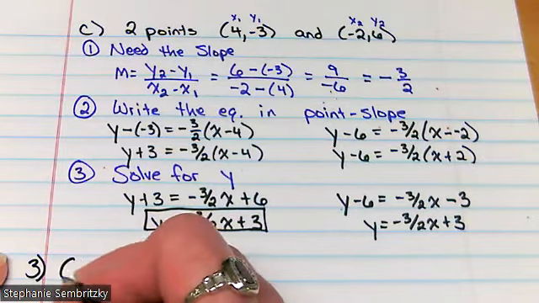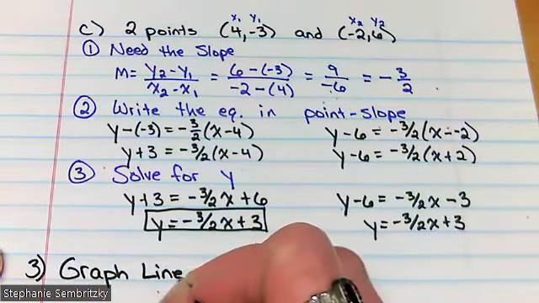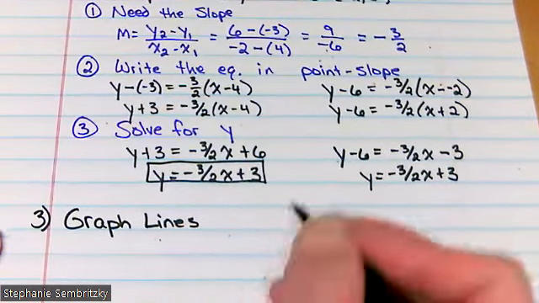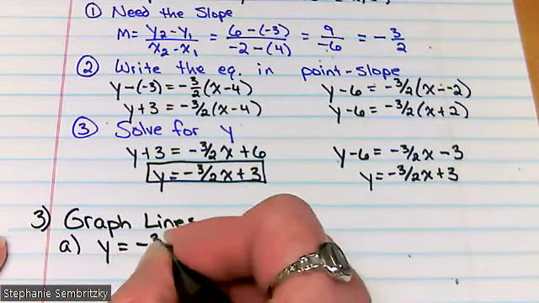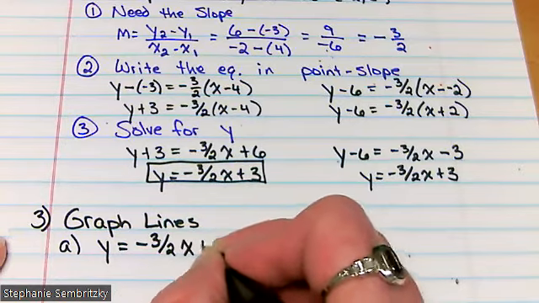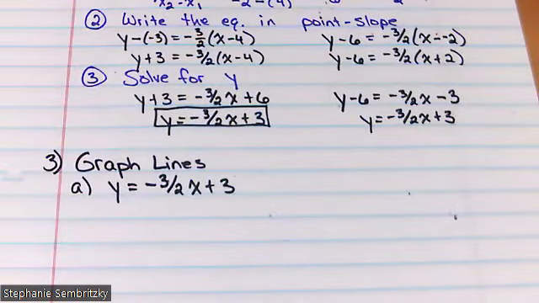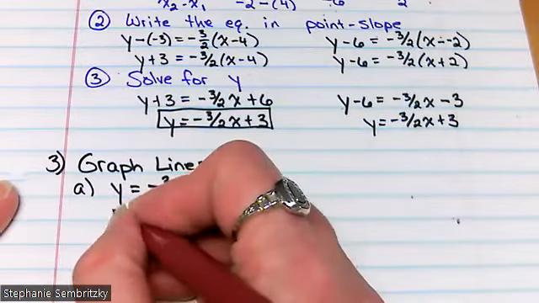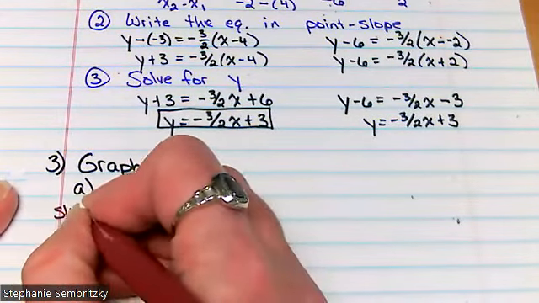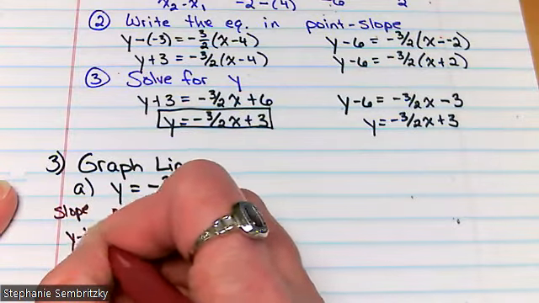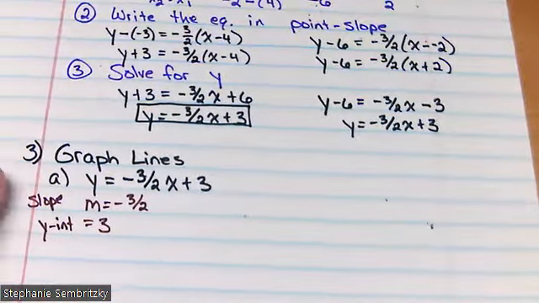Now let's also review graphing lines. Well, might as well graph that one, huh? Y equals negative 3/2 x plus 3. Remember, this means I have a slope of negative 3/2. That's the slope. And the y-intercept is the 3. Okay, so when we graph this,